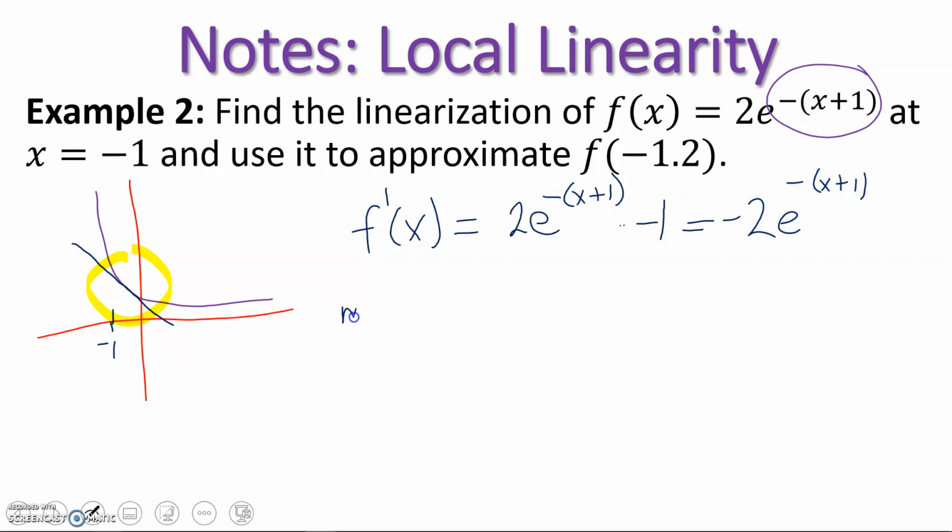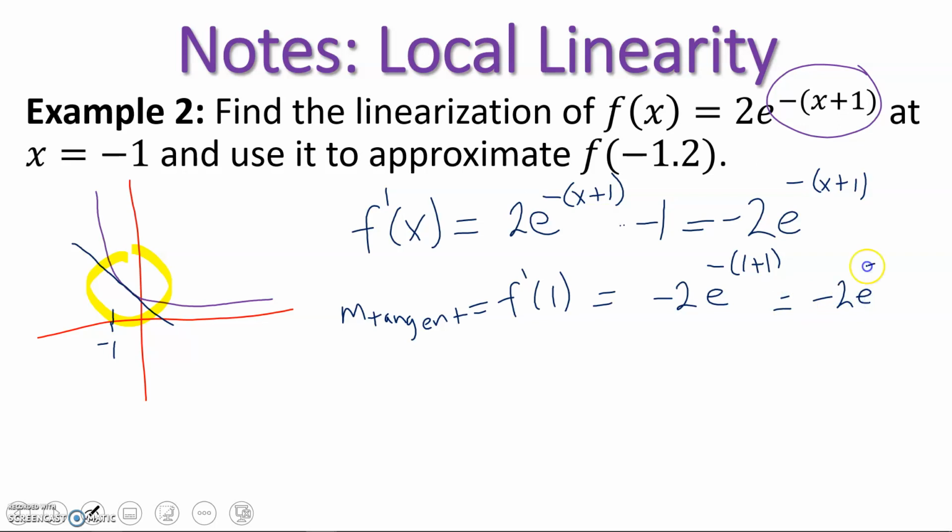And we would like to find our m tangent. And so that occurs at f prime of 1. In this case, that is negative 2e to the negative 1 plus 1. So that is negative 2e squared. All right, so we will then jump back into our y equals mx plus b linear equation. And we know that our y value is achieved by plugging in -1. So if we plug in,